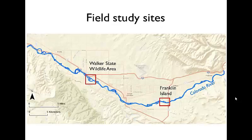We had 2 field study sites, Franklin Island, which is at 32 Road here, and Walker State Wildlife Area. They're both Colorado Parks and Wildlife properties. And they were planned to have Tamarisk Russian olive removal done last fall of 2013. That didn't happen. It's probably going to happen fall of 2014. But we did get out in the field and get our baseline survey done